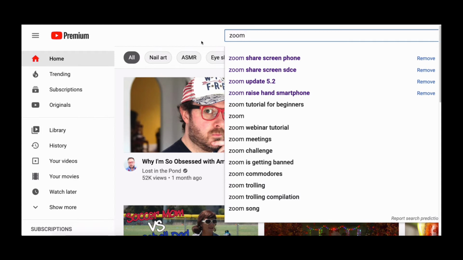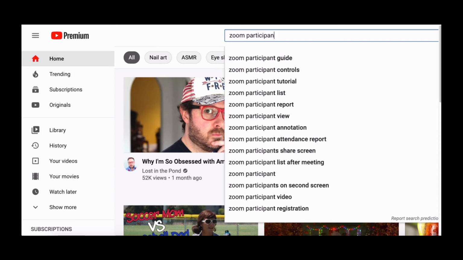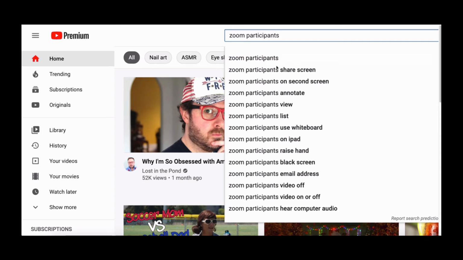And as you keep typing, it will pop up new suggestions as you go along. So, I highly recommend this. Often, when I go into YouTube to search for a particular type of video, I don't have to type in all of my search terms because I will see them in the drop-down as I keep typing. So I often don't have to completely type whatever I'm searching for here.